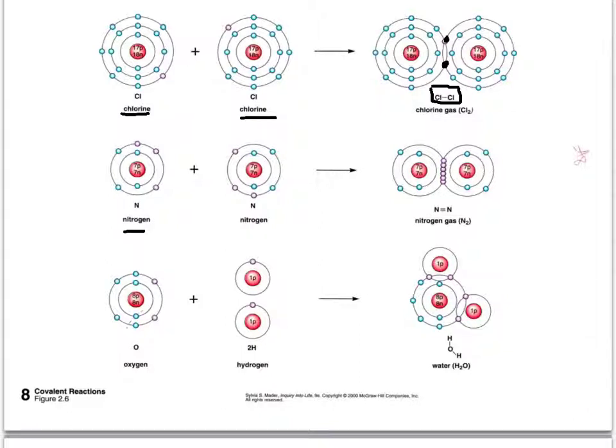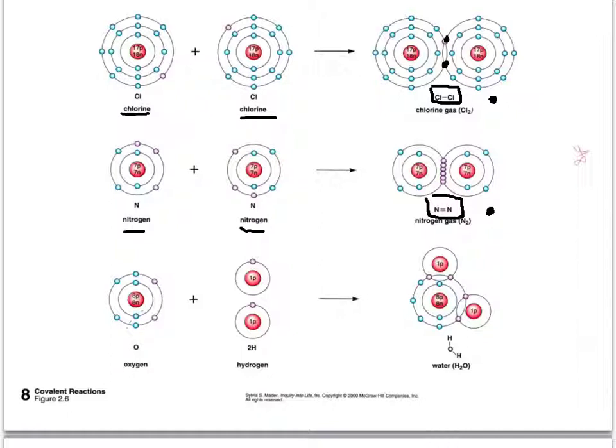Again, the picture below, here's two nitrogen atoms, and when they form a bond together, because they want that stable octet on the outside, they will end up sharing 6 electrons. And there's the one example we might come across in terms of the triple bond. Now notice that these ones, this one here and this one here, they're symmetrical. So meaning that if I put up a mirror halfway in between them, I'd see a mirror image on both